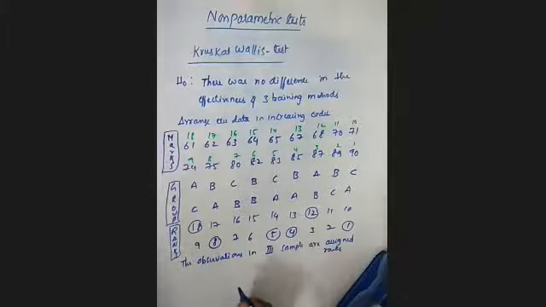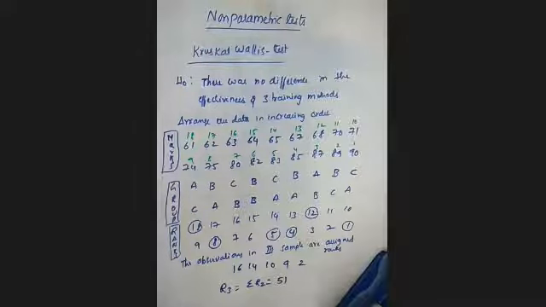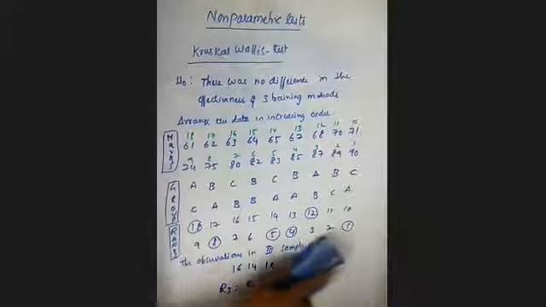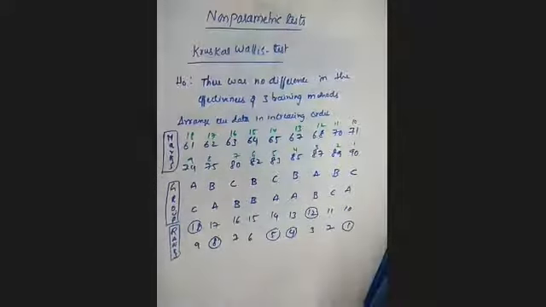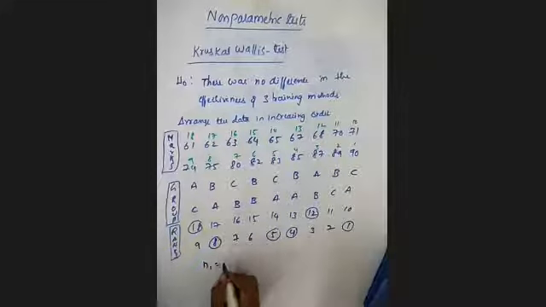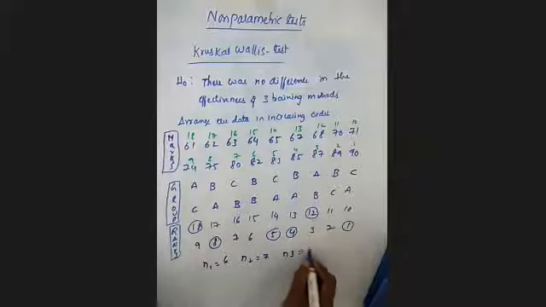for the third sample here, the ranks are 16, 14, 10, 9 and 2. Okay, for this R3 is equal to sigma Rz. Total we got as 51. Clear? We have calculated the observations of these three samples according to their ranks. Now how much is N1, N2 and N3, that is the number of samples. N1 is equal to 6, N2 is equal to 7 and N3 is equal to 5.